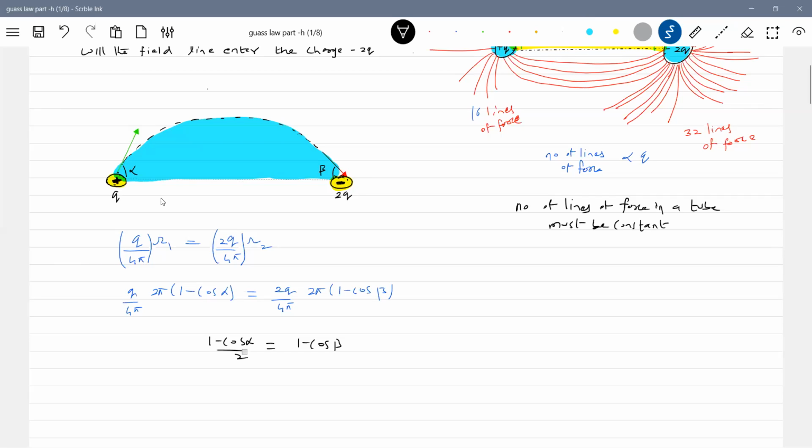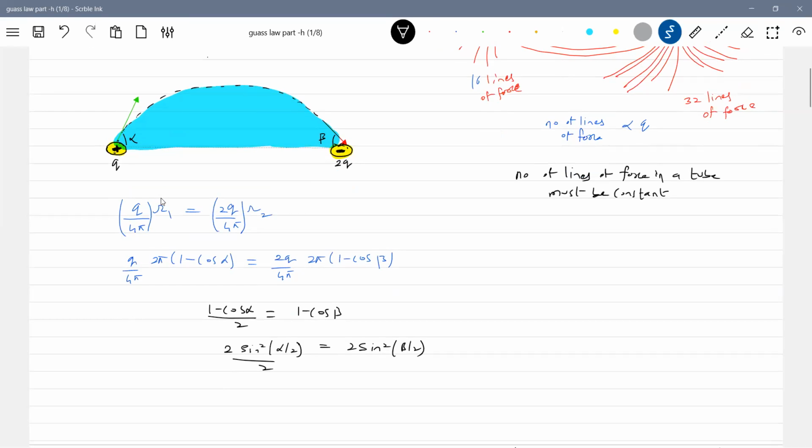Solve this, we'll get the expression for alpha and beta. 1 minus cos alpha, we can write it as 2 sine square alpha by 2. So sine square alpha by 2, so sine of